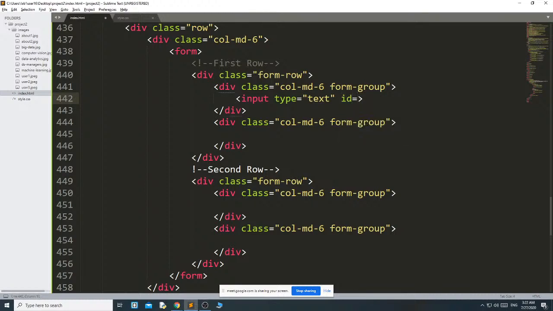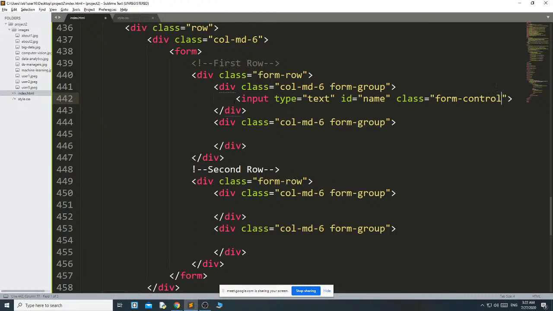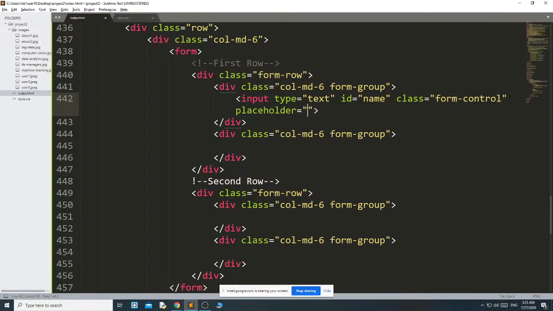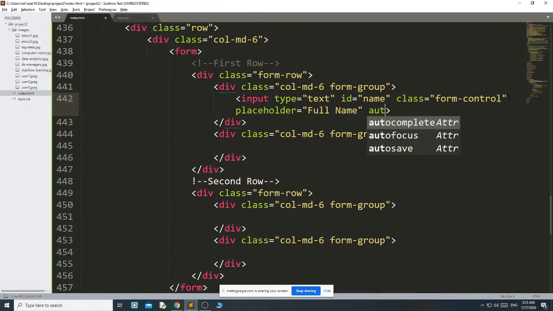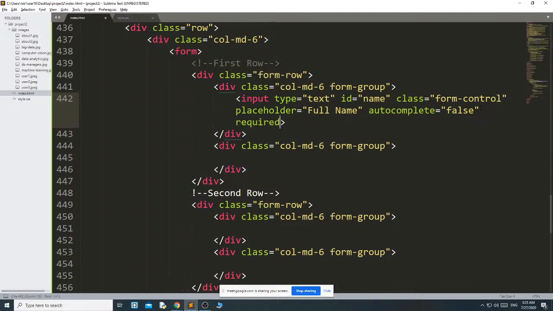ID equal to name, class form-control, placeholder full name, autocomplete off, and required.